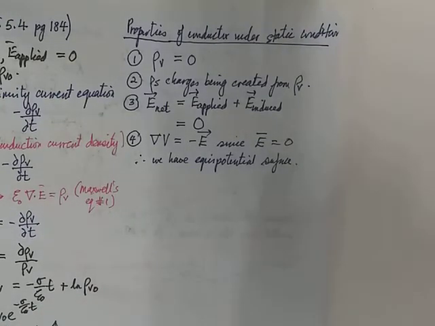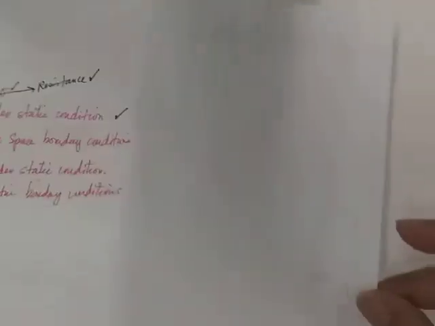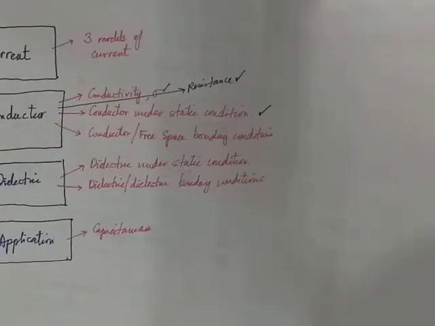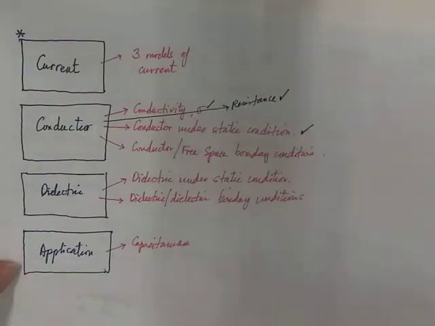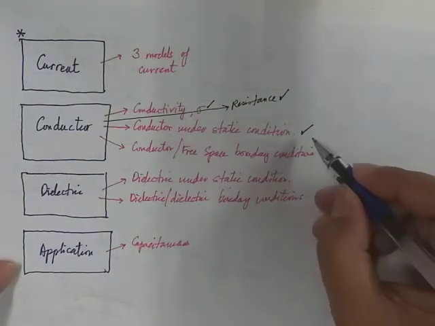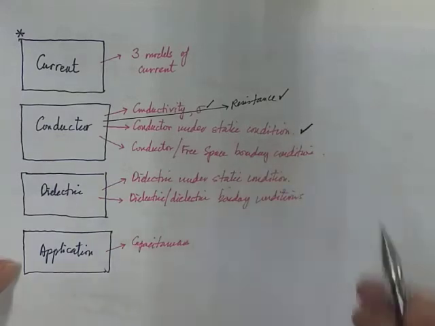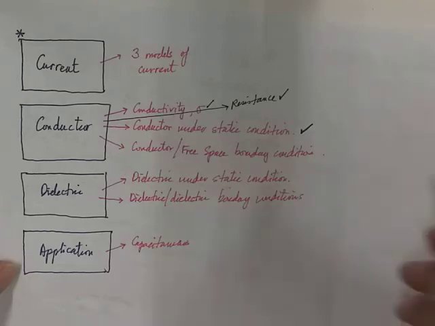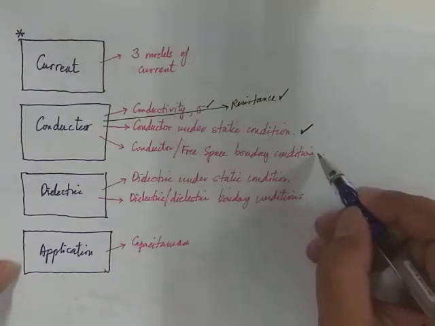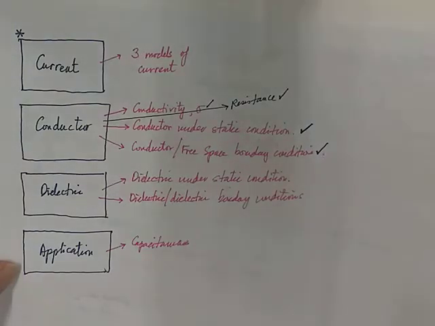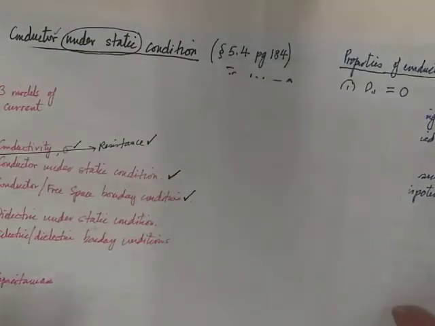Okay, so what we have done here, we have completed this part already. We have completed conductors under static conditions. Alhamdulillah. So please go through it. I'm going to continue with the other part now, conductor free space boundary condition. That should be our next logical step to